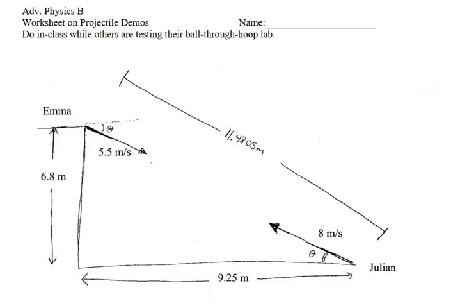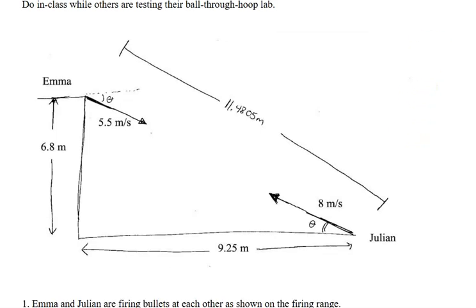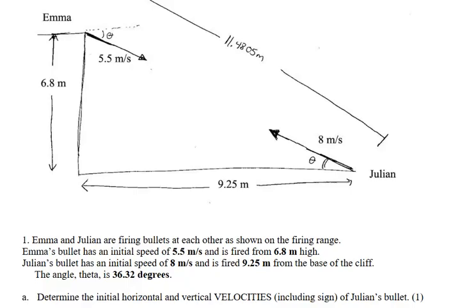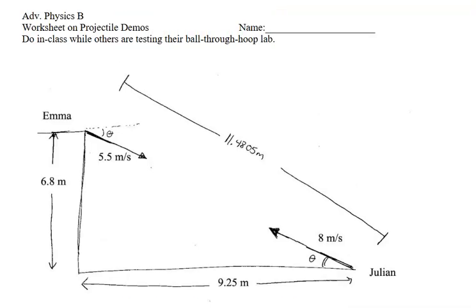All right, folks, these are the solutions to the worksheet on projectile demos. Question A is find the horizontal and vertical velocities of Julian's t-shirts, let's say. Julian's t-shirt is going a little bit over and a little bit up. Remember the goofy mnemonic: this is 8